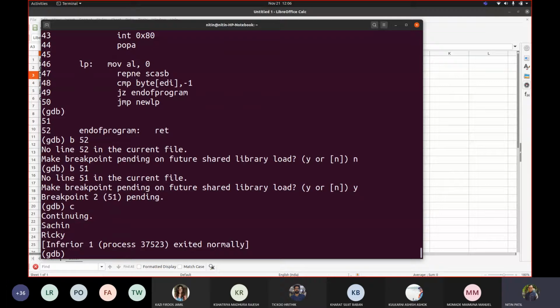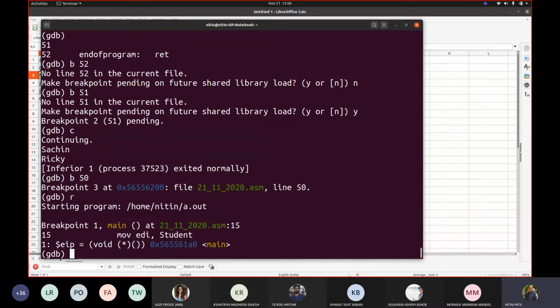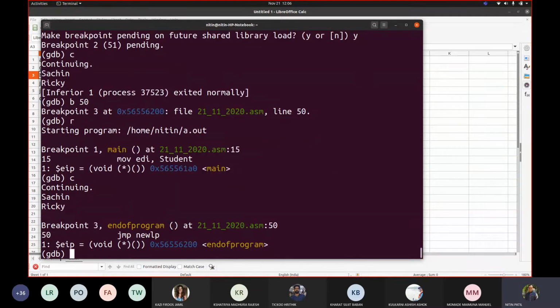Now if I say continue, it displayed this and came out because it is talking about this return. Now see the code, where exactly it is pointing. It was in main, now it is at the end of the program. It is still in this file. Correct. If I say continue again, the next loop would be there.